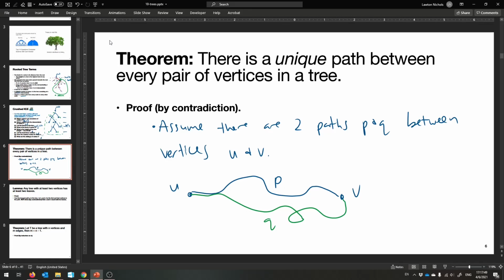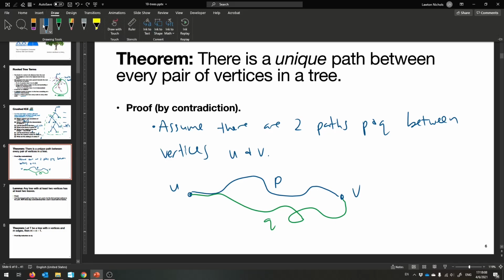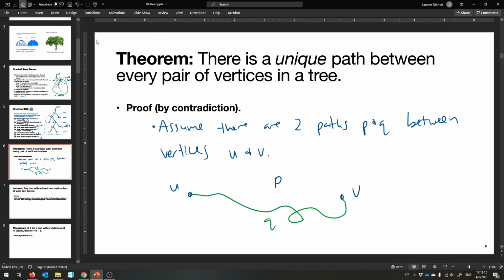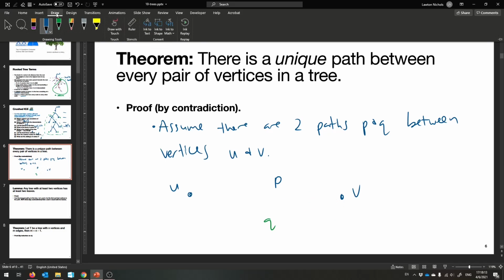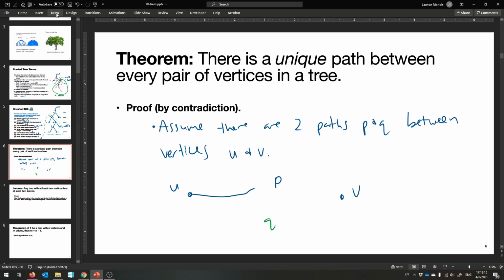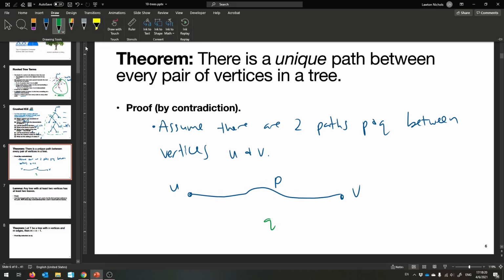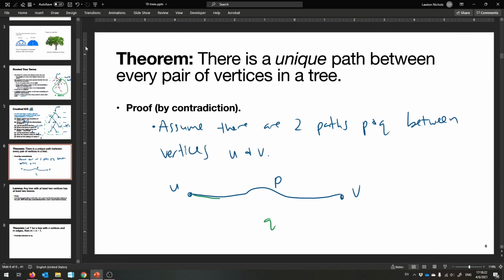What I'm going to prove to you is that there's a cycle here somewhere. Okay? There is secretly a cycle between P and Q because they eventually come together. If there aren't any vertices shared along P and Q, you can just go in a circle like that, you got a cycle. But I'm going to show you a cycle, no matter what. So the idea is P and Q have a very certain shape. So here's P, here's Q. They are going to disagree on at least